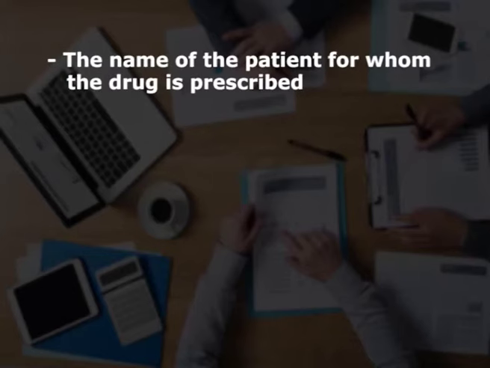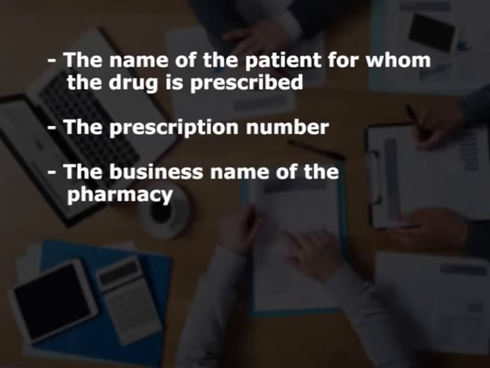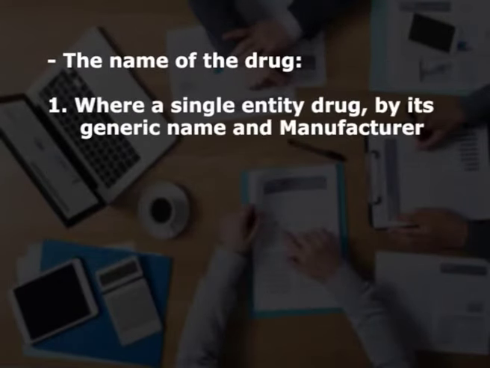Medication label. No drug may be dispensed pursuant to a prescription unless the container in which a drug is dispensed is marked with the following information: the name of the patient for whom the drug is prescribed, the prescription number, the business name of the pharmacy, the address and telephone number of the pharmacy, or where applicable, the telepharmacy remote site or satellite, the name of the drug, which includes where a single entity drug by its generic name and manufacturer, or